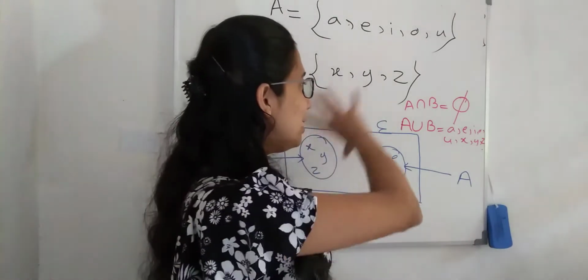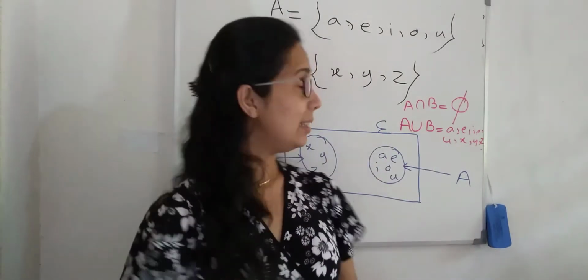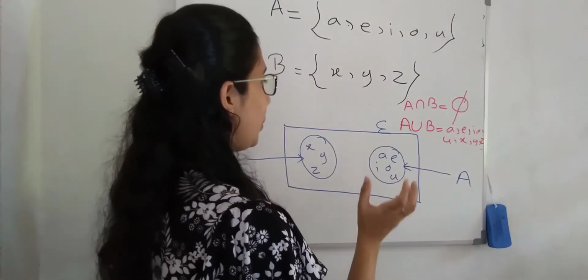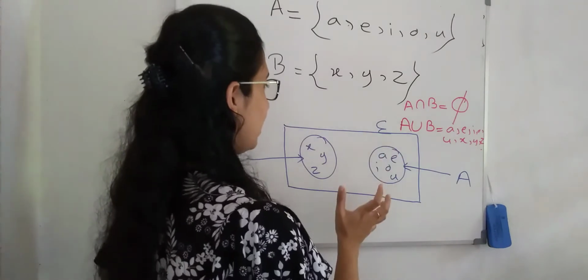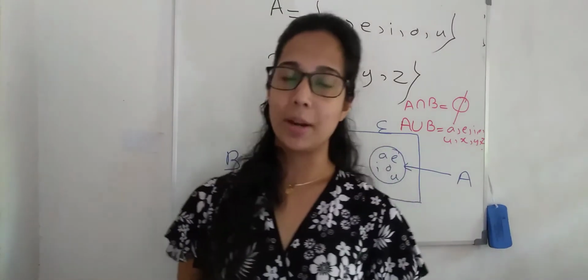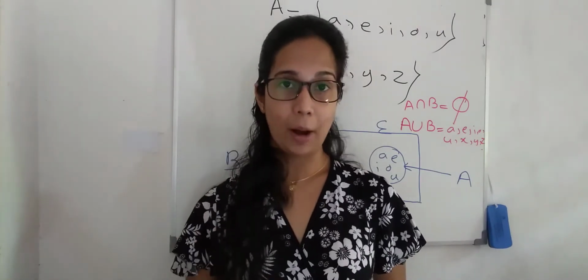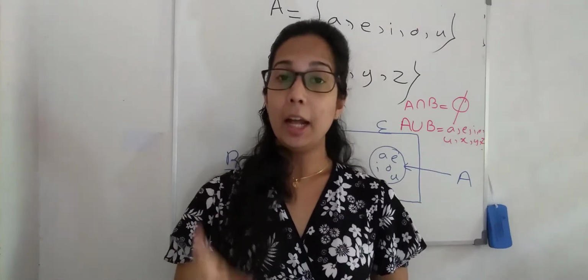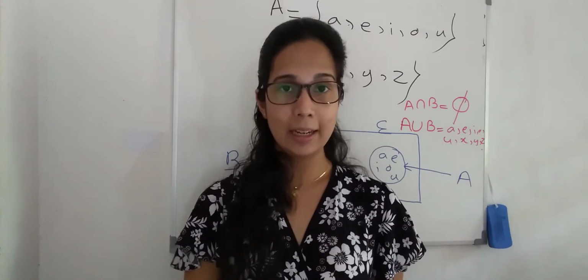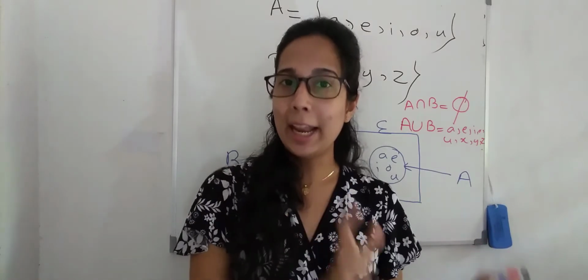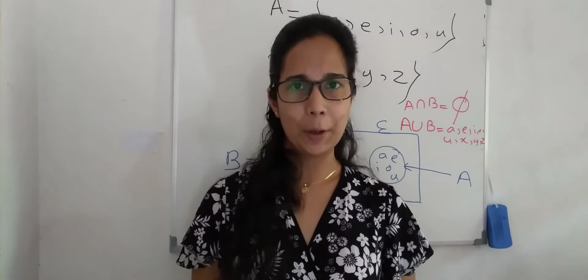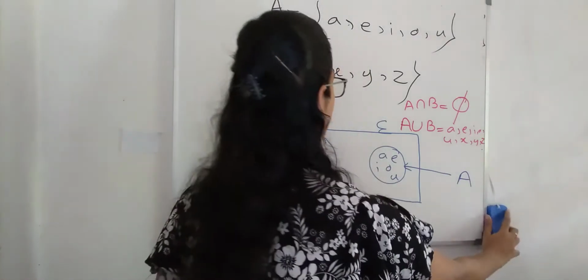So what is this instance? In this case, we represented how to represent two subsets of a universal set when two sets have no elements in common. Now what is the second one? The second one is we have to represent two subsets of a universal set when two sets have elements in common, right? Let's see how to represent that, okay? Okay, let's take an example.